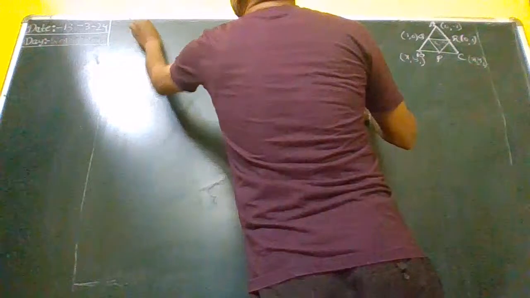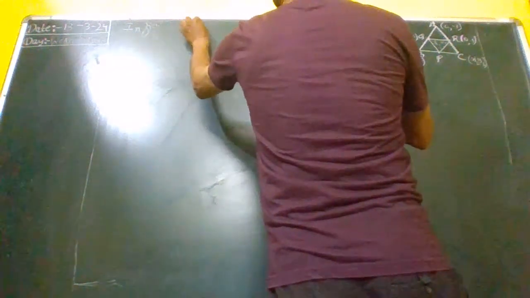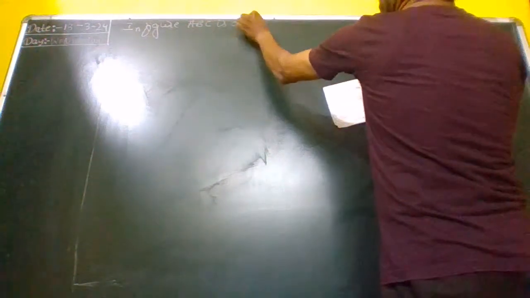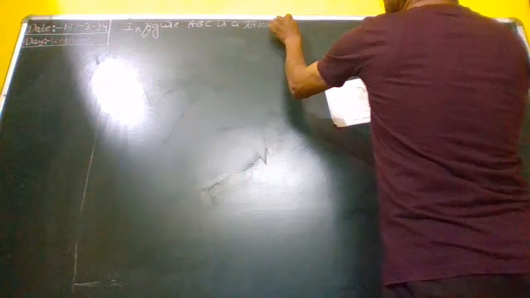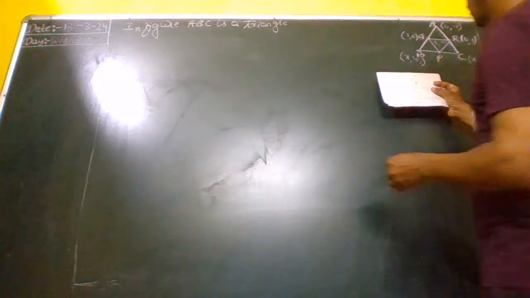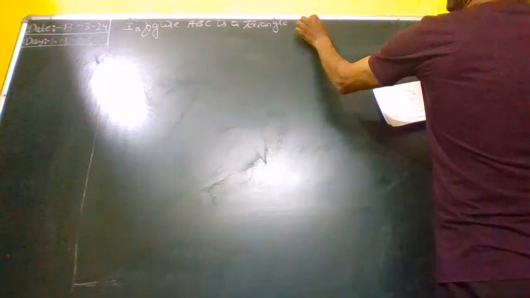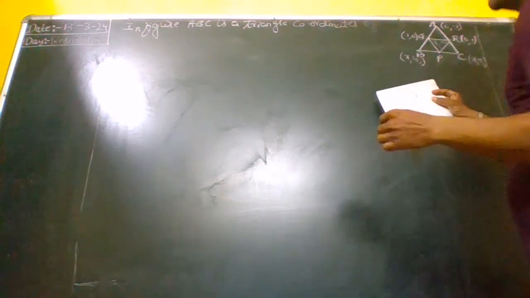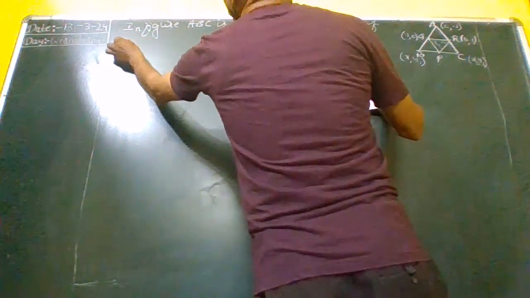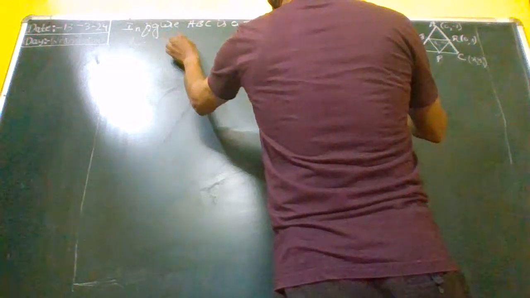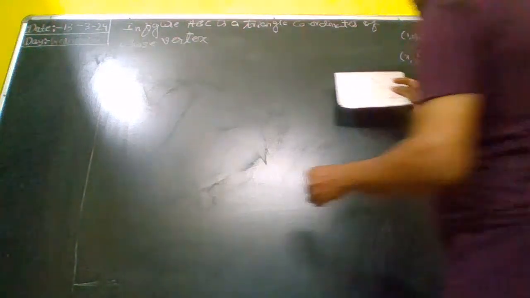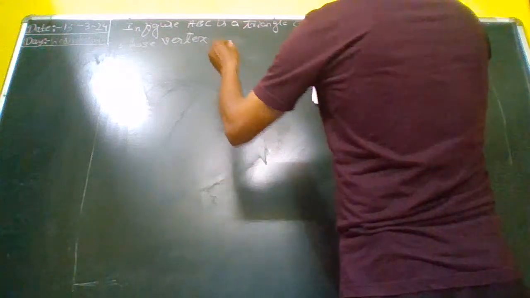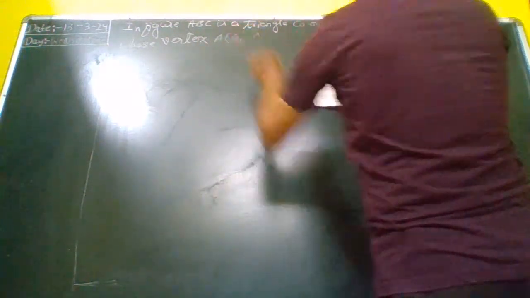In figure, ABC is a triangle. Coordinates of whose vertex? Visible? Coordinates of whose vertex? A of (0, -1),